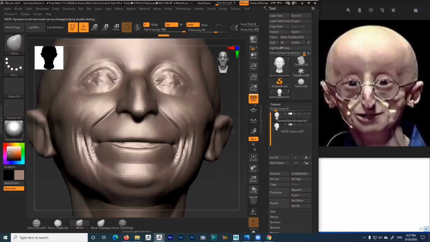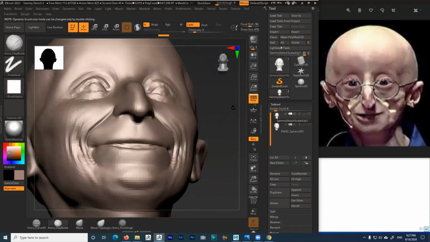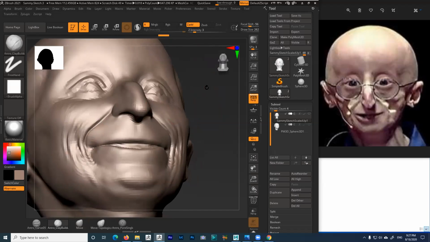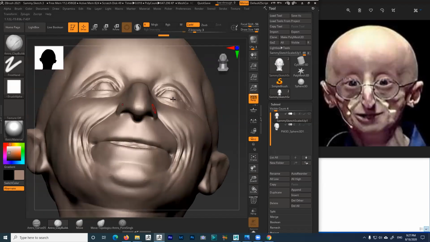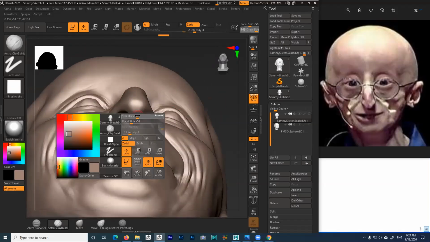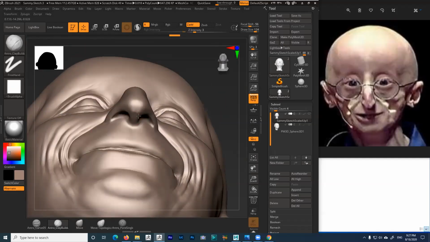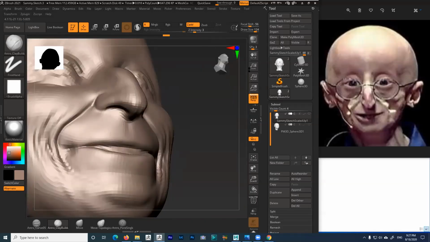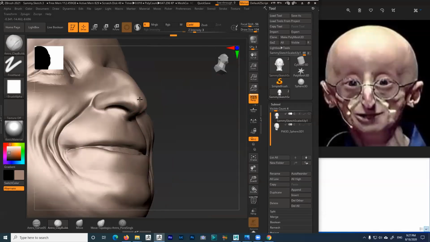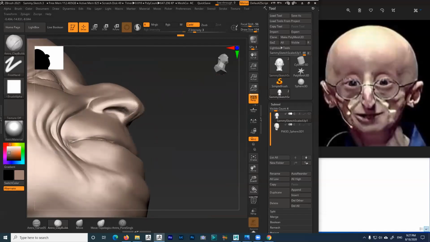And then we're going to get the clay buildup at around 3 or 2. And we're going to just try to split this a little bit more. So we're going to start from the bottom right here, and you're going to build like 2 different ones, starting to split around here. And then I'm going to open up this nostril a little bit more around here. Oops. Just get a little bit more